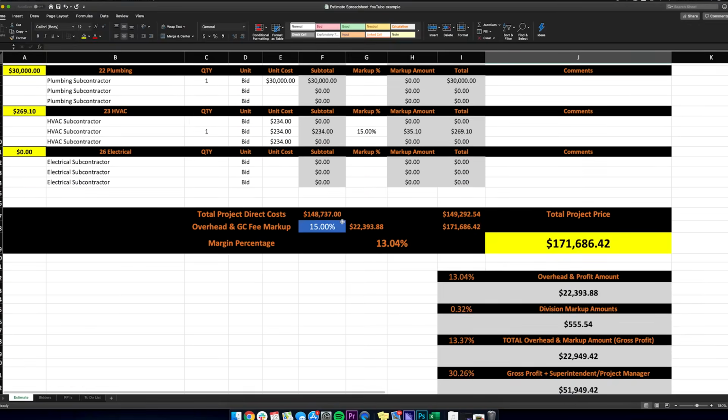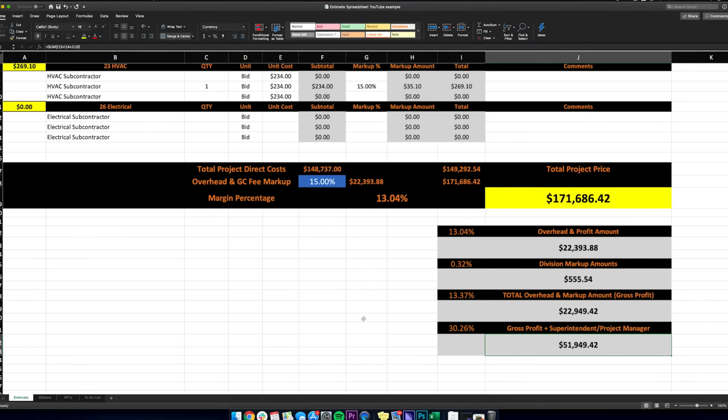This is where it gets juicy. Look at that. This bottom dollar is going to go towards gross profit, which is your overhead and your net profit, your superintendent, and your project manager. Those 3 things. It's helpful for me to look at this bottom dollar and see how much I have in there for project manager and superintendent, which are fixed salaries I have to pay no matter if I get the job or not. This is just the way I think about it, but it's here if you want to see it: project manager, superintendent, gross profit.